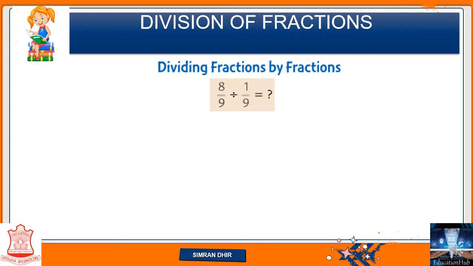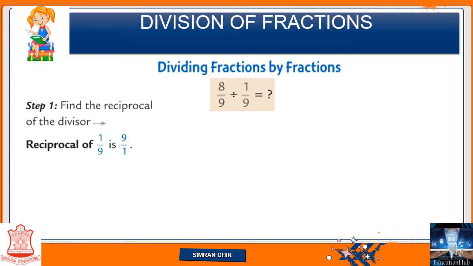That means दो fractions को हम divide करेंगे. कैसे करेंगे? Let's see. We have taken an example जहाँ पे हम 8/9 divided by 1/9 निकालेंगे. Let's see how we are going to do. First is find the reciprocal of the divisor. That means divisor क्या है हमारा 1/9. So 1/9 का हम reciprocal निकालेंगे. Reciprocal means डिनोमिनेटर न्यूमरेटर में चला जाएगा एंड न्यूमरेटर डिनोमिनेटर में आ जाएगा. सो रेसिप्रोकल फॉर 1/9 विल बी 9/1.